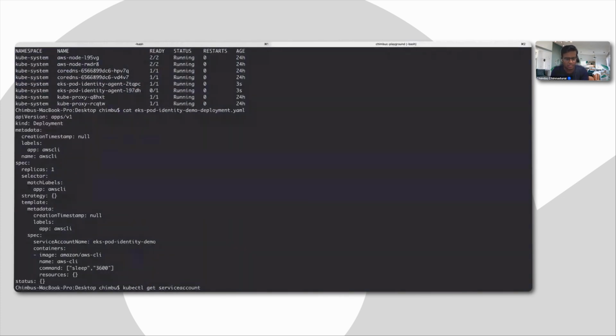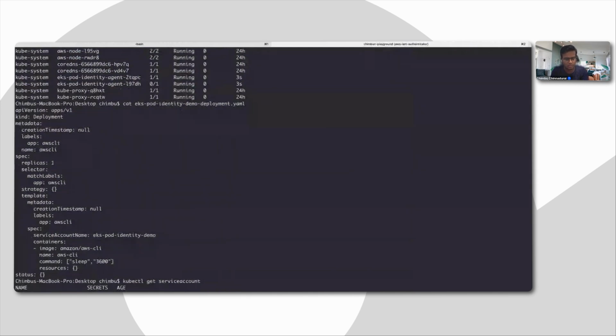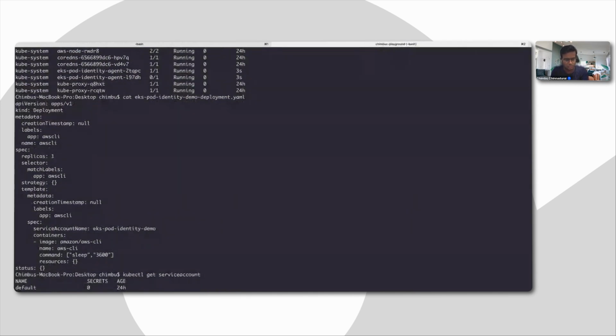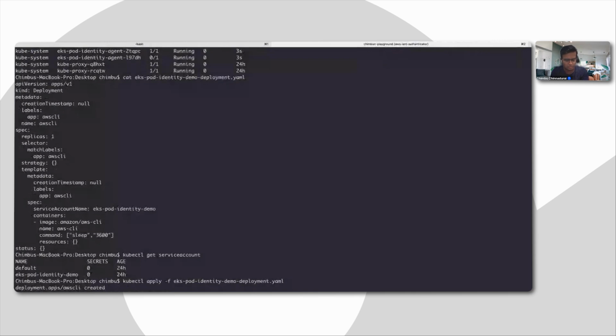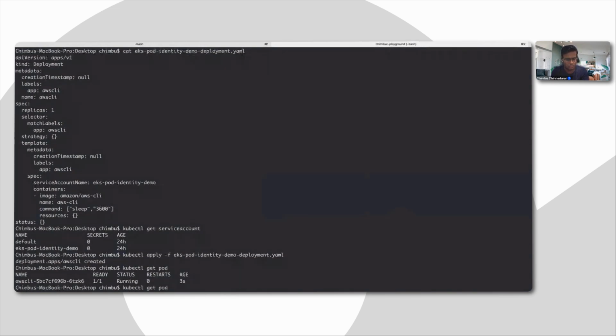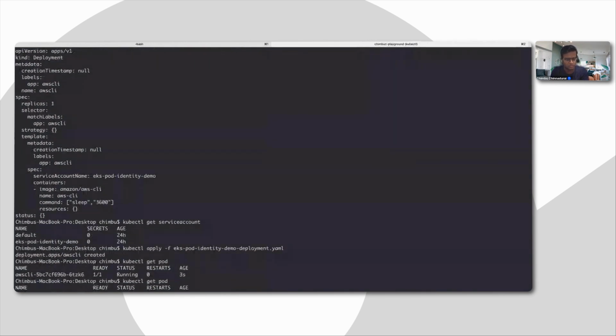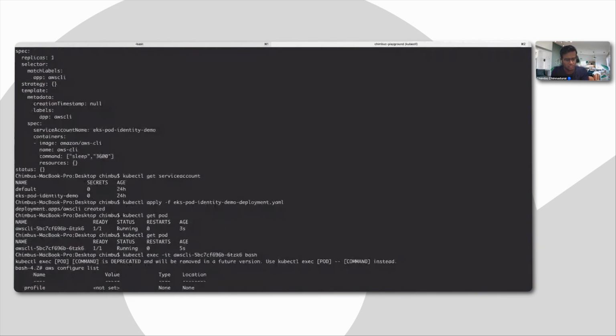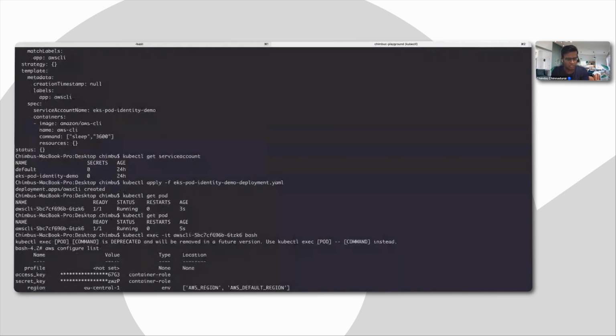Now let's deploy the sample workload, which may take a second to get deployed. It's already running. Now let's exec into the workload. If I try to list the configuration, you can see it automatically created temporary credentials for the workload. Now if I try to run the AWS commands here, I should be able to successfully access the